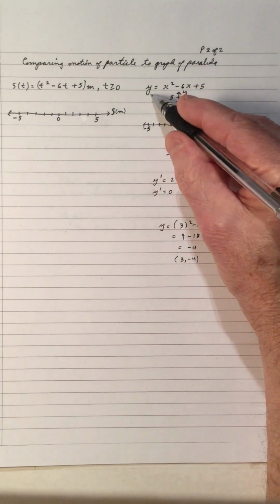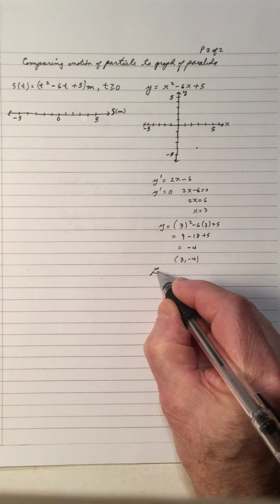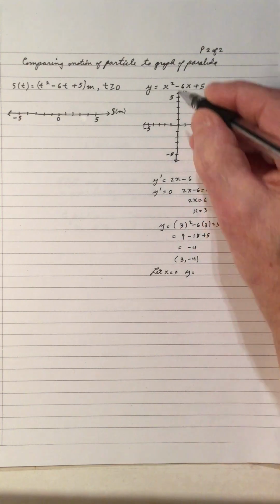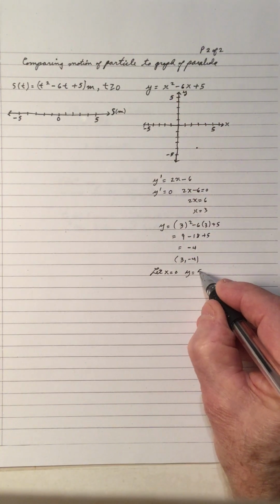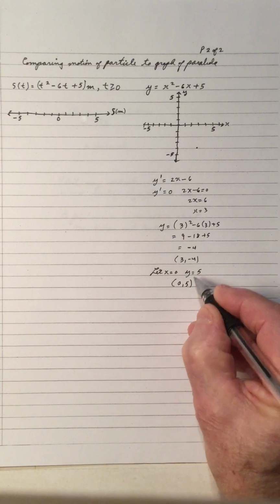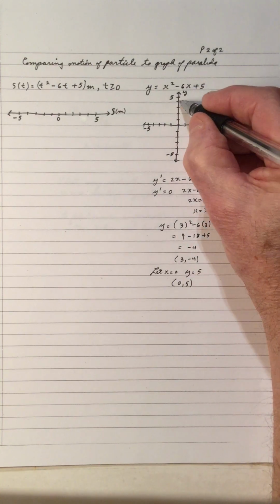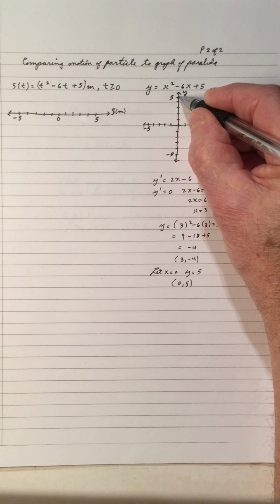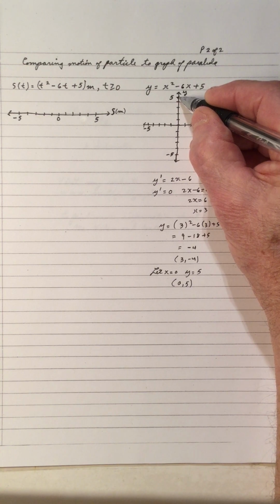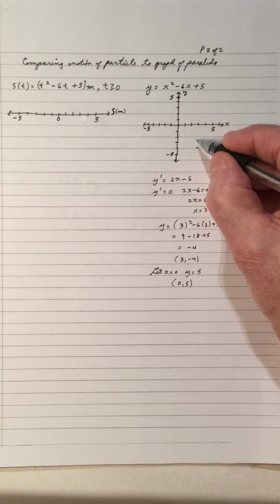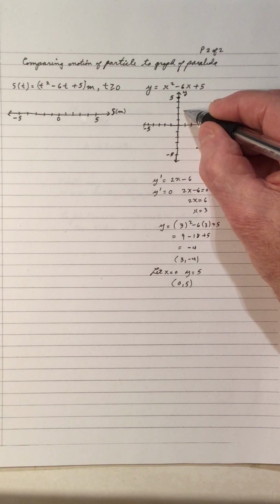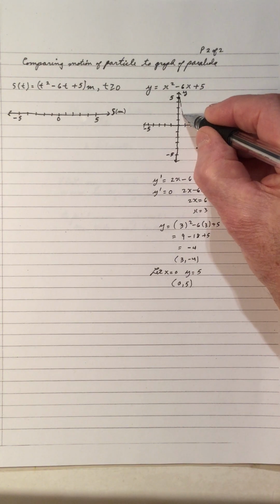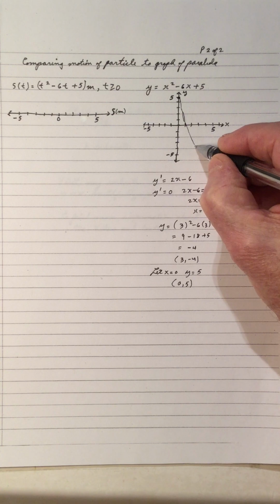And if we let x equals 0, put a 0 in here, we get 0 squared is 0, so we get y is 5. So that's 0, 5. Letting x equals 0, we have y is 5, so the parabola has a y-intercept of 5. We have a vertex here, so that means it's opening upward, coming down through here,